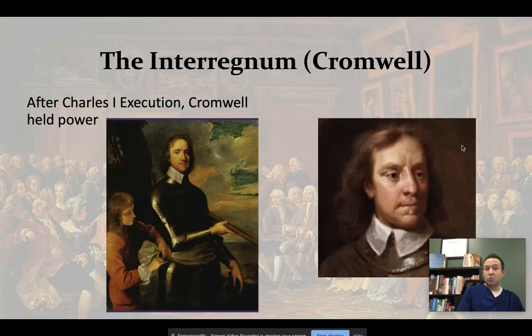Now, there were some challenges to this rule. The Scottish Presbyterians, who had opposed Puritan rule, because remember, Cromwell is a Puritan, proclaimed Charles II as the new king, and Cromwell will once again defeat a Scottish invasion. In 1649, he will also put down an Irish uprising. Now, as far as what else besides just war, he puts down the Scottish in 1649. He puts down the Irish in 1649. He will actually conquer Scotland in 1651.